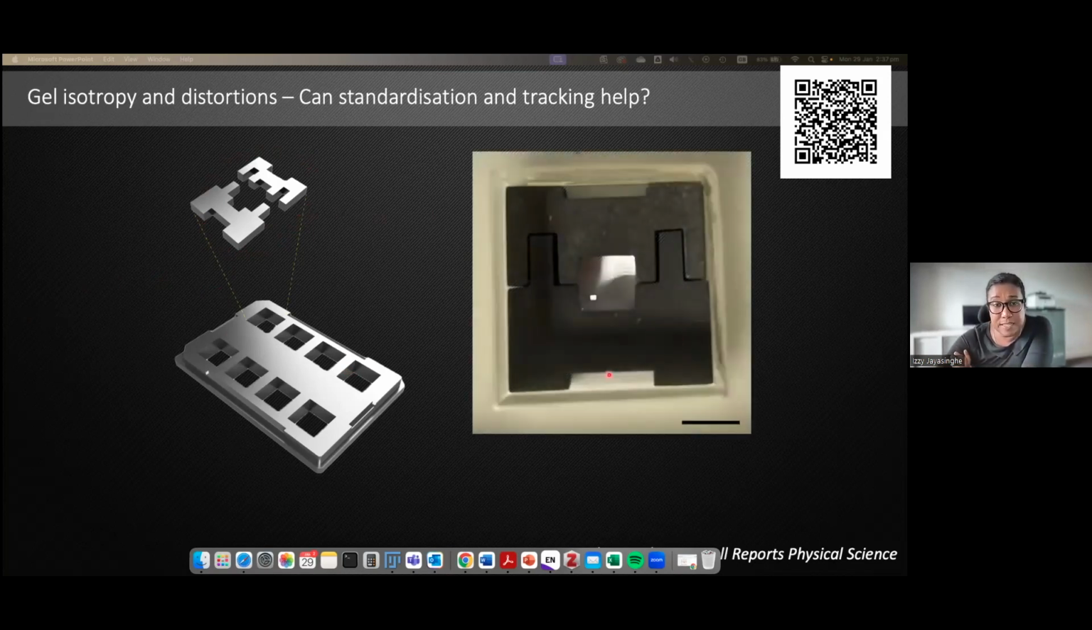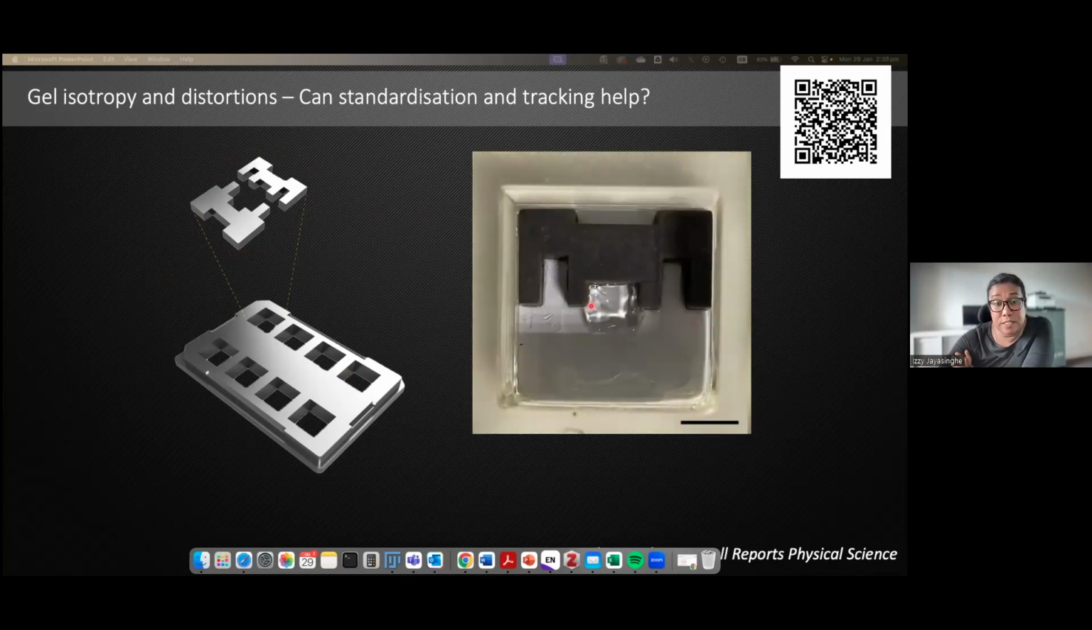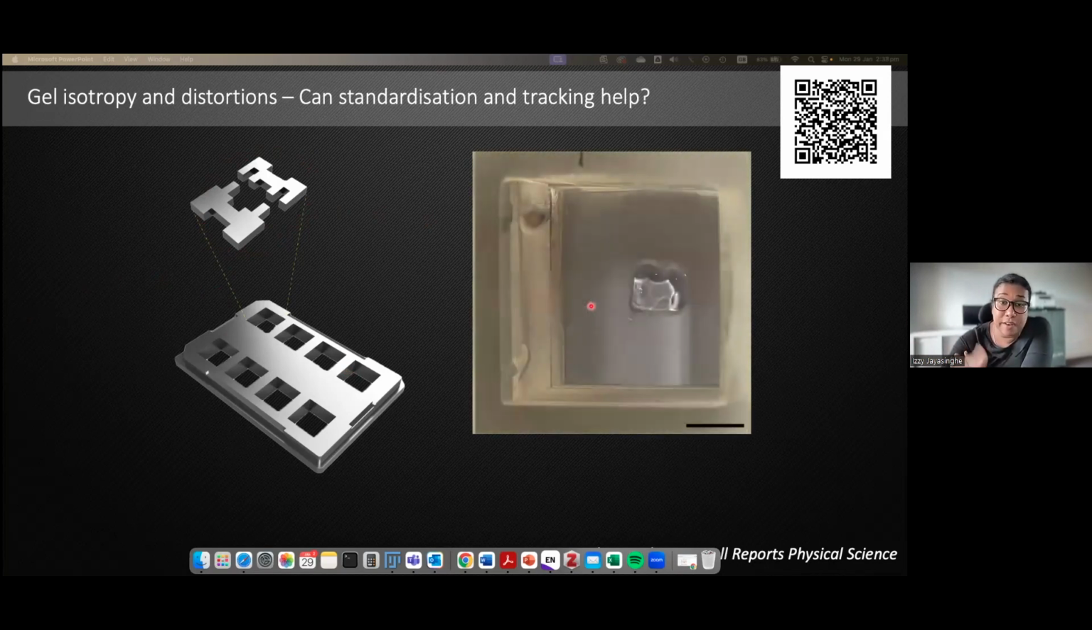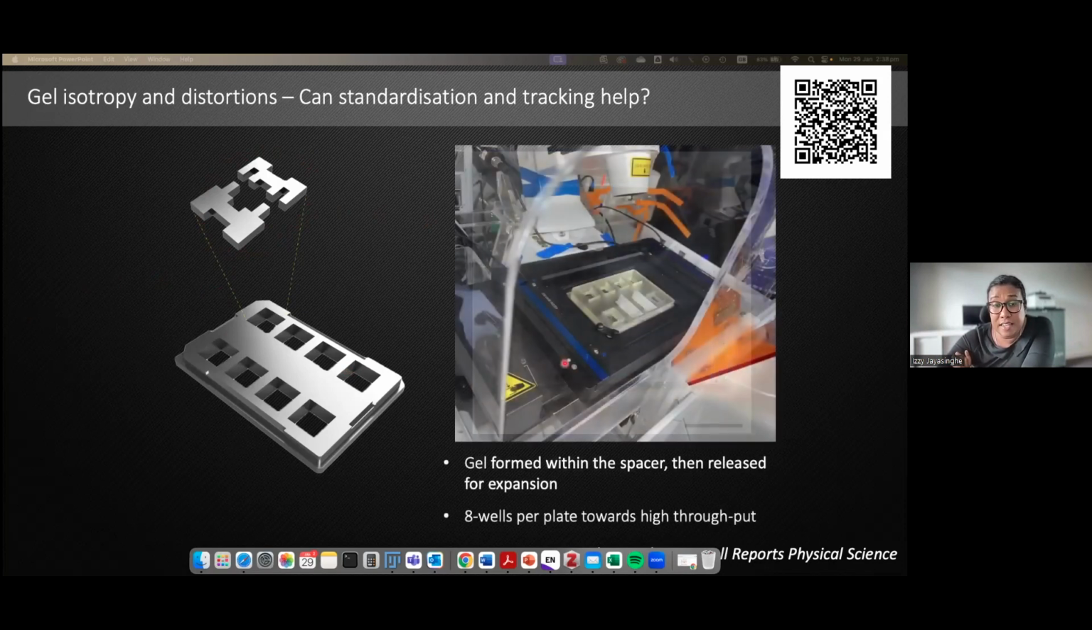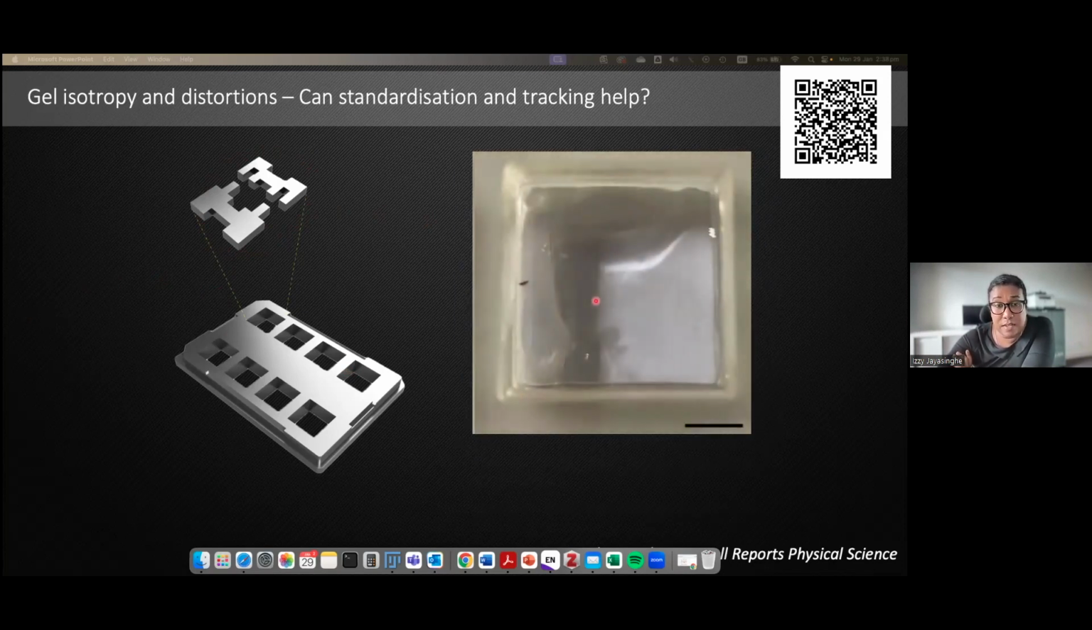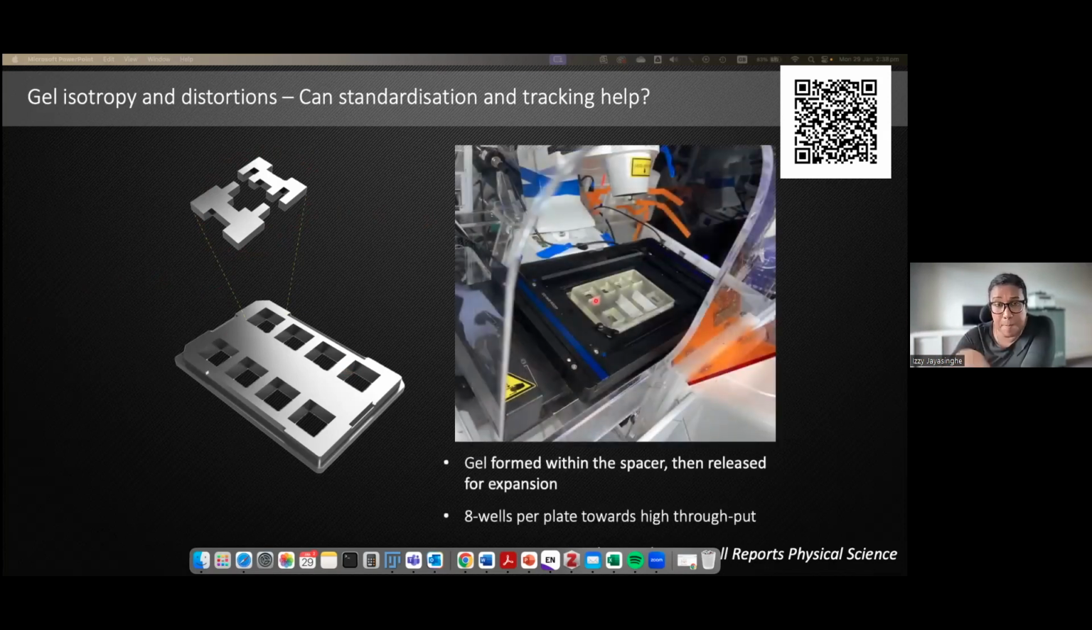So you assemble the spacers and you cast the gel in a square in the center of the well, and then you release that gel once it's polymerized, and then you run through the digestion steps and then hydration. And if it's gone well, it'll fill the square well, and you can at that point put that whole plate on a microscope and do some programmed tracking